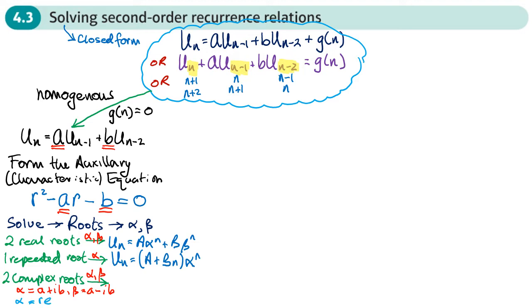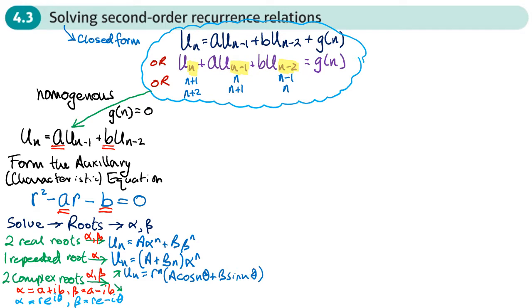So it could be r e to the power i theta, and then the other root beta equal to r e to the negative i theta. And this means that we have two ways in which we can write our general solution. So we can write our general solution using the argument and modulus of the complex number. So that would be u_n equals r to the power n, so that's the modulus to the power n, times by a cos n theta, so theta would be the argument, plus b sin n theta, so again theta would